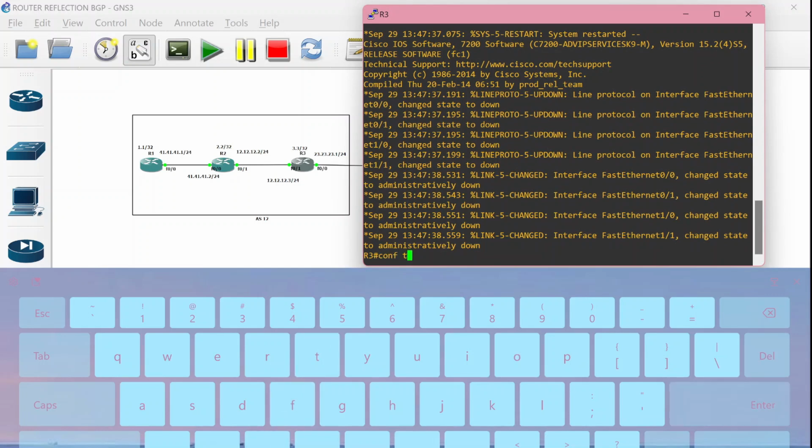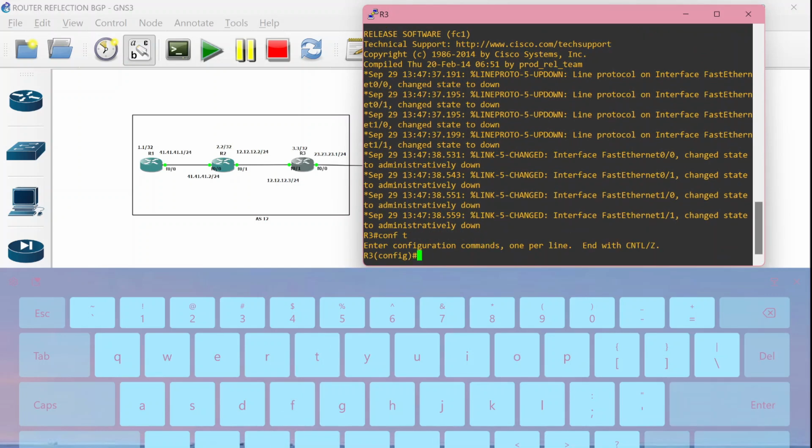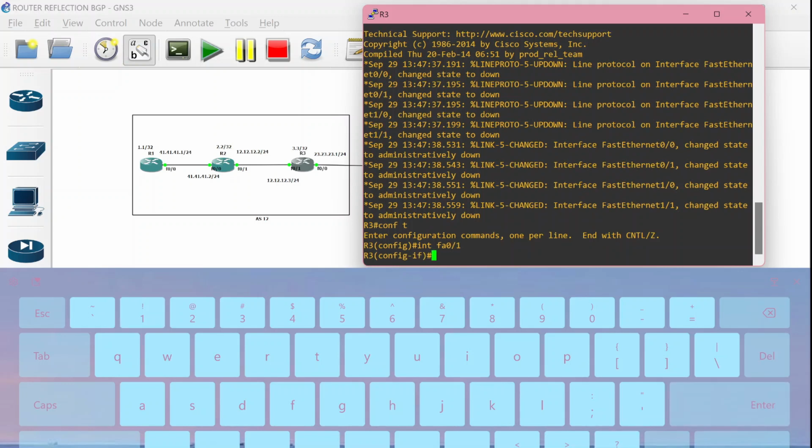Don't forget to always use configure terminal. This is to enter the config syntax. It's up to you whether you enter the port that connects to router number 4 first, or router number 2 first.